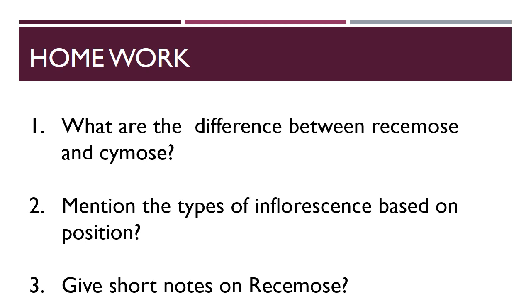Then we learned the types of racemose. There are three main types, based on growth pattern. The first is main axis elongated, the second is main axis shortened, and the third is main axis flattened or globose. These are the major types of racemose, based on growth pattern. After that we detailed main axis elongated, main axis shortened, and main axis flattened. This is our class information.